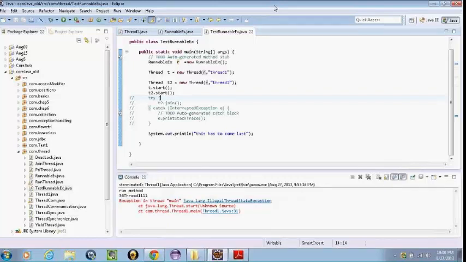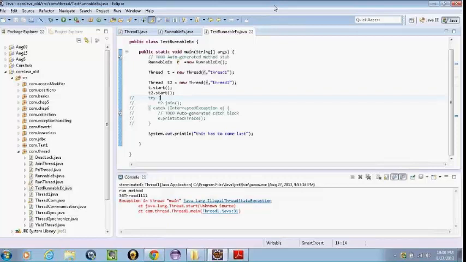But there is some code which leads to functionality issues when multiple threads access it. In that scenario, we synchronize the code.